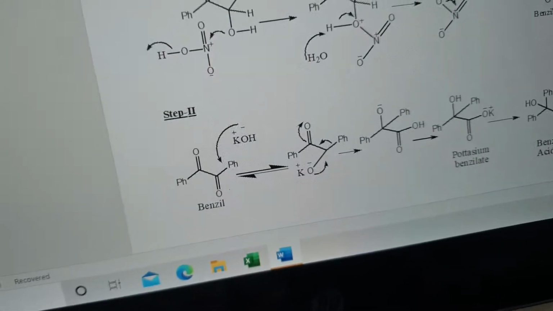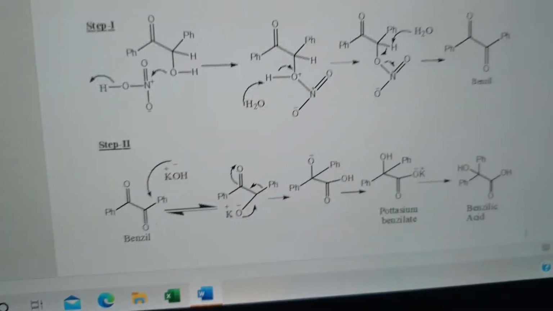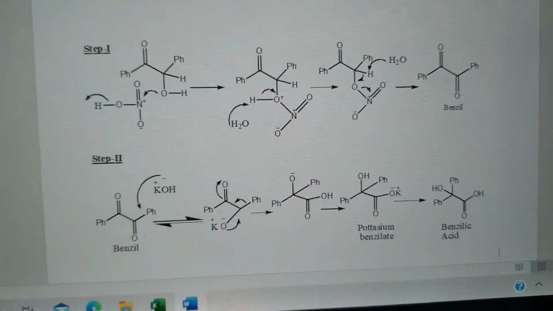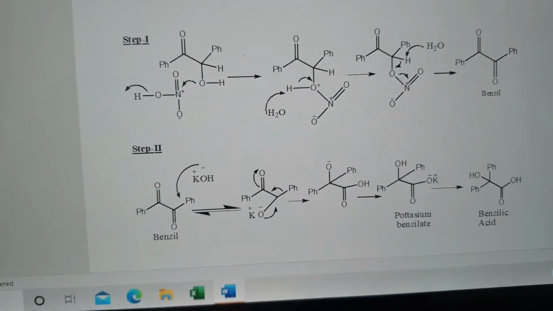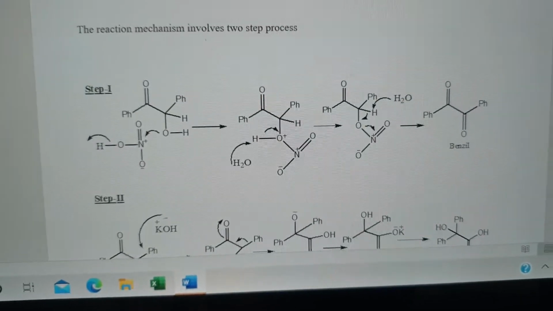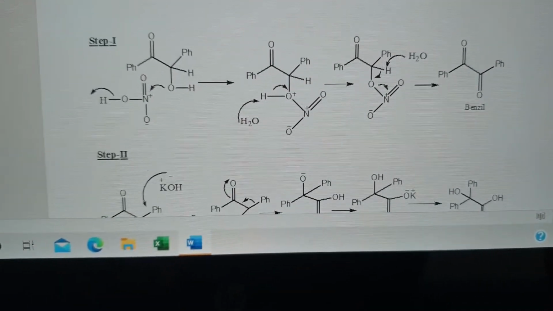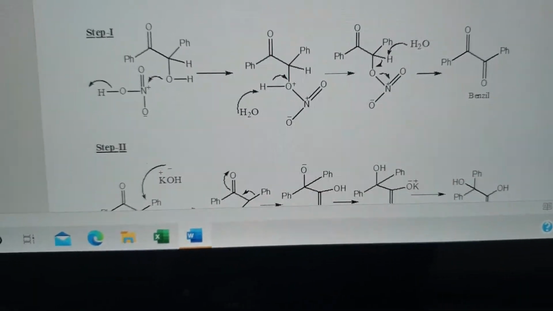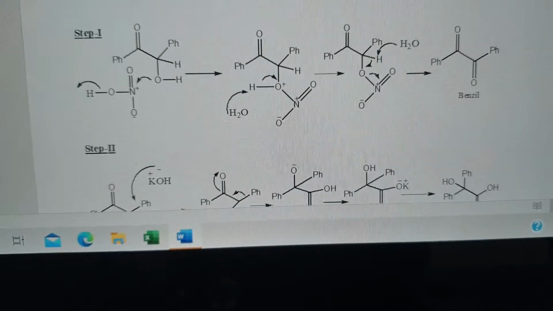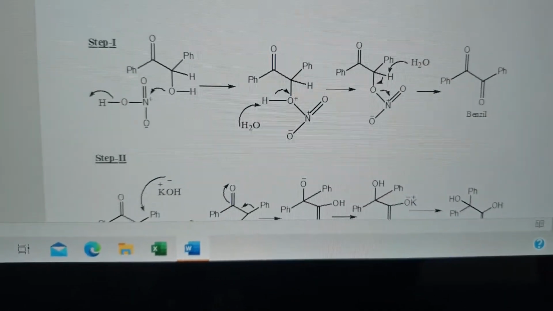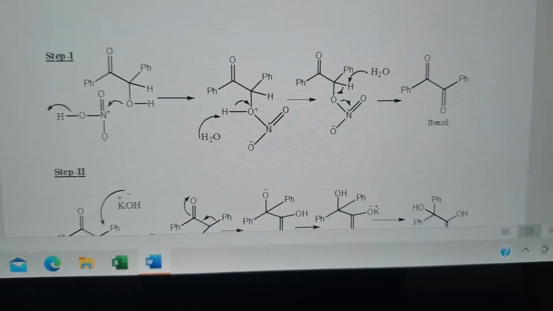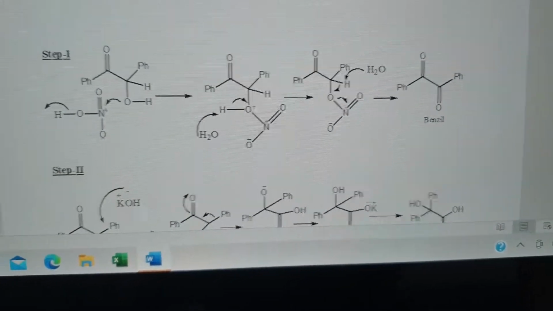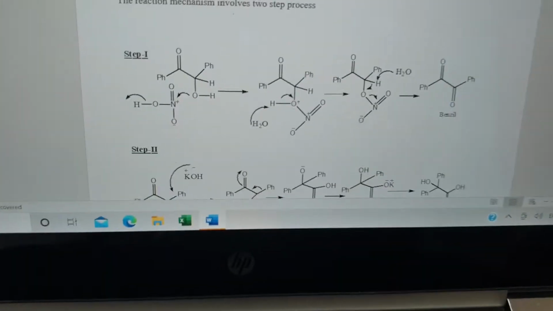In your syllabus it says that we have to compare both methodologies. The green modification means how we are converting this methodology into the green chemistry method, that is by carrying out the DST monograph method. How we are modifying, what chemicals we are adding and what chemicals we are replacing because of the hazardous nature of those reagents. That is the modification method of synthesis of benzilic acid from benzil.